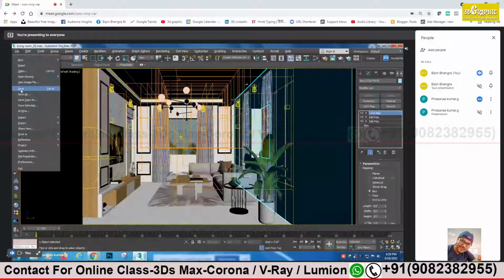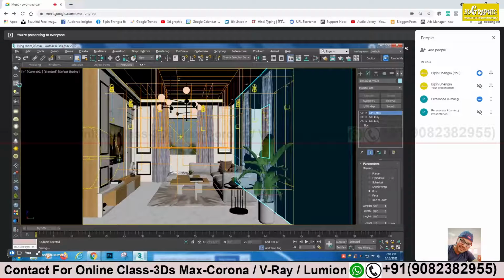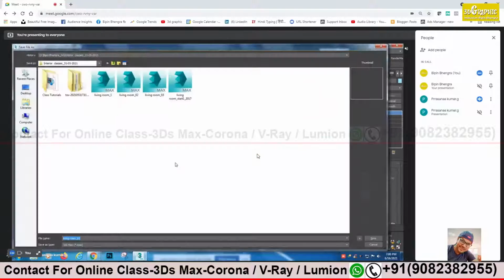Save the max file as your final test render. Give it a specific name. I will do Save As now. Whatever your current render settings are, try to save that, and also save the color correction of your frame buffer. That is also important. All right, so three things. Now I will do Save As.